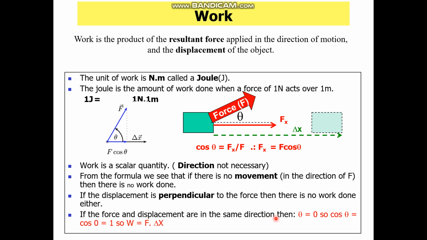Let's go back through the first one we did, where theta was 0, in other words the force and the displacement were in the same direction. The formula still applies, because cos of theta would have been cos of 0, and cos of 0 is 1. So your equation again becomes W equals F times delta x. So it works for all values. Right, let's go and consider